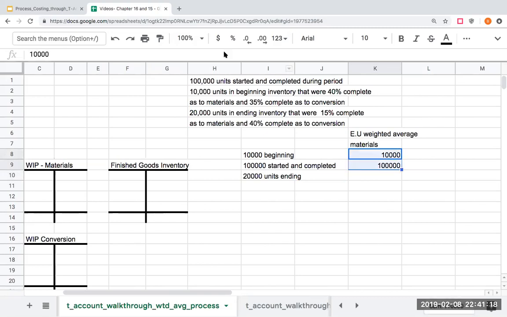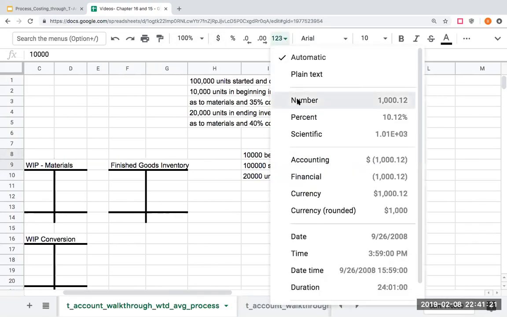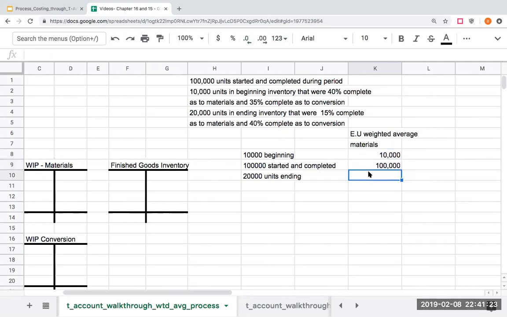Now with these 20,000 units in my ending inventory, what I would ask you is that these are all at 100%. Okay, this 100,000 is at 100%. But when I look at these 20,000 units in my ending inventory, can I write 20,000 units? And the answer is no, I cannot, because these were only 15% complete as to materials. So what I need to do here is take 20,000 times 15%, and I'm going to get